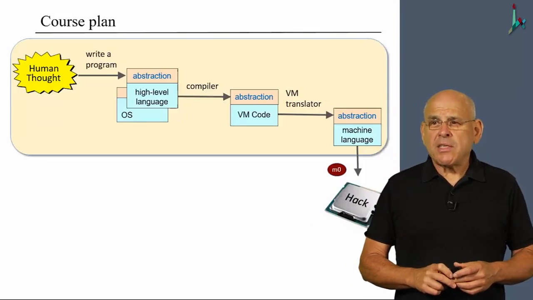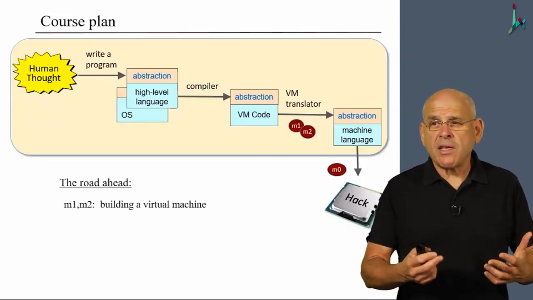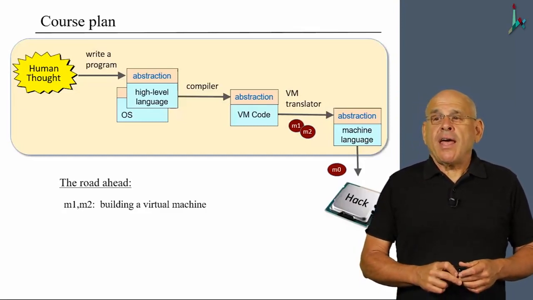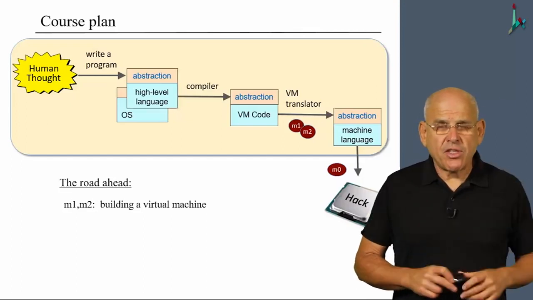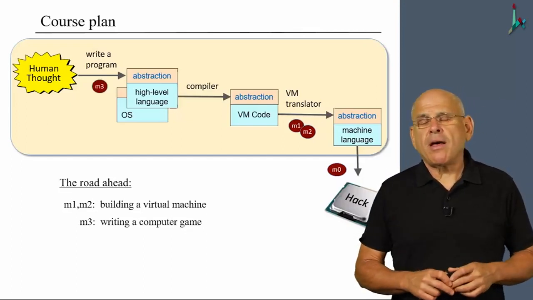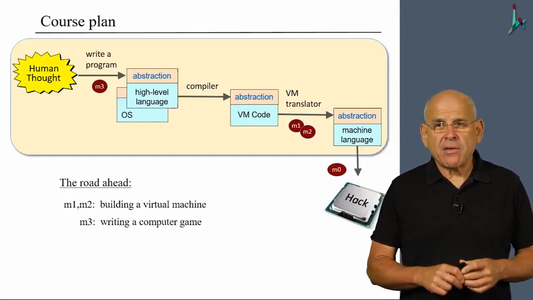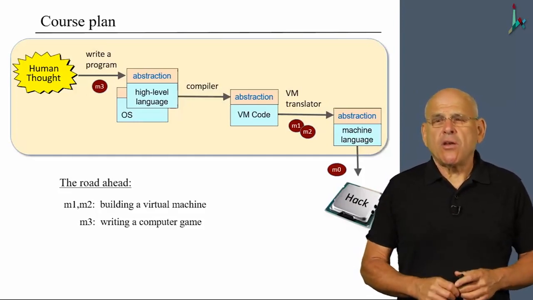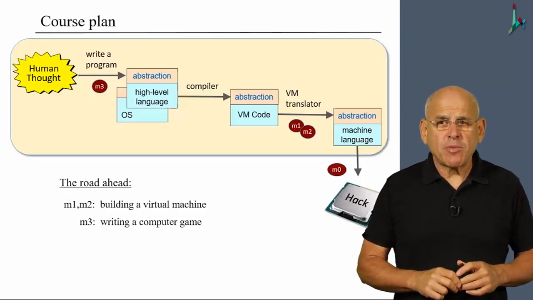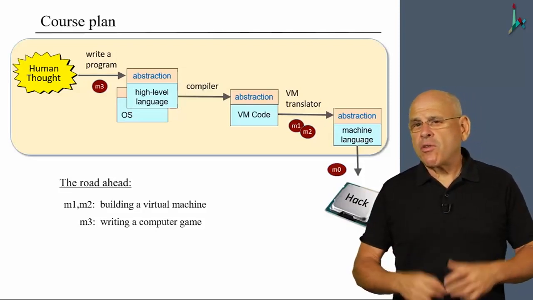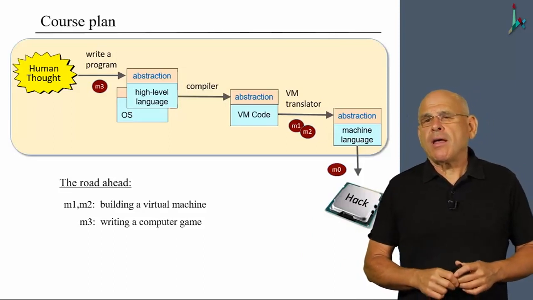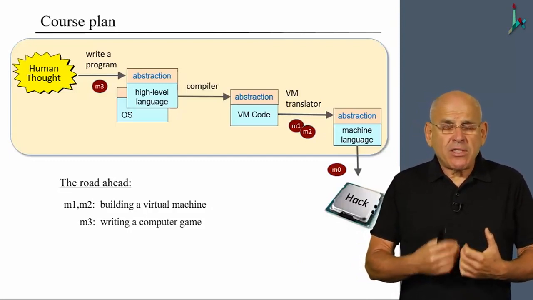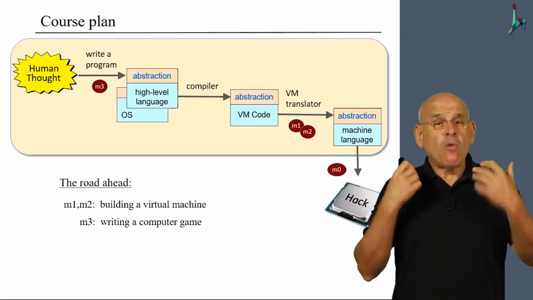And once we do this, we move on to the next two modules, in which we will build a virtual machine and a VM translator. And then we'll jump to the end of the journey, and we'll ask you to write some non-trivial program in Jack. Obviously, we'll teach you a lot about how to use the Jack language. Not too much, because Jack is self-explanatory. But then you will use this language in order to develop some interactive game or some other simple program. And then once you get familiar with the language itself, we'll write a compiler for this